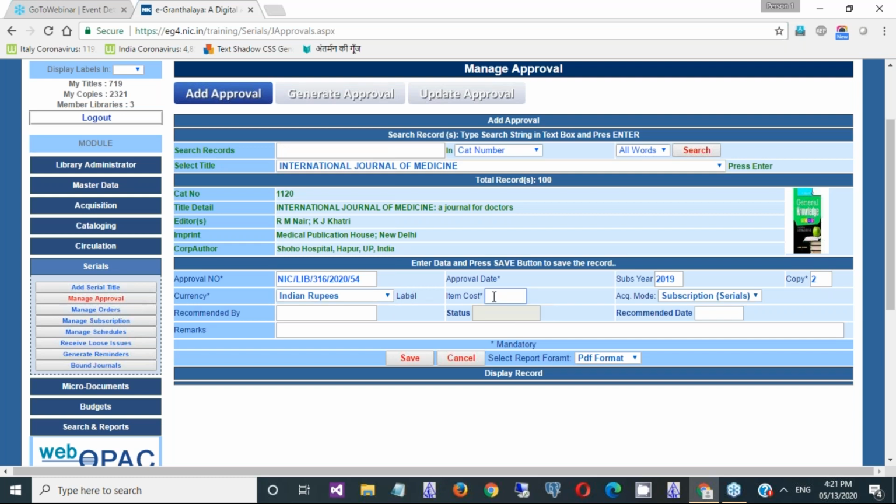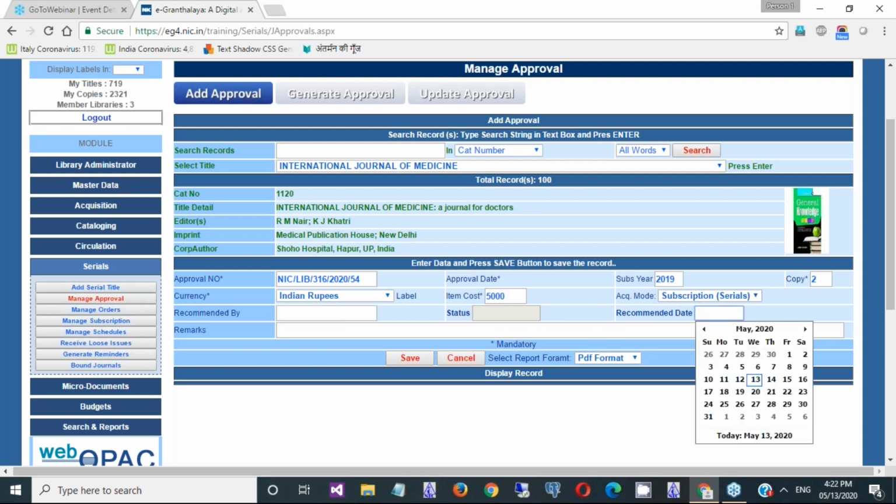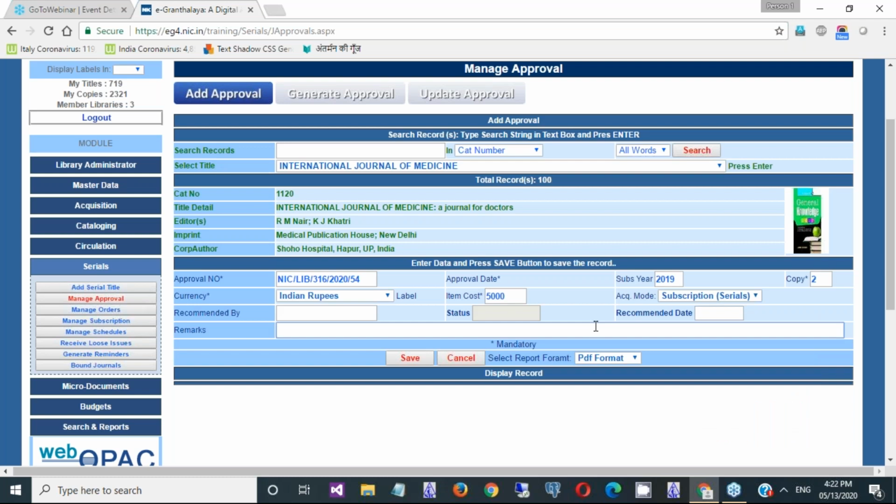Then the cost of the journal, 5,000 rupees. This cost is the subscription cost, basically the cost of a 1 year subscription. Then you can enter the recommended by member name or faculty name if there is one, then the recommended date, and you can put some remarks if you wish.